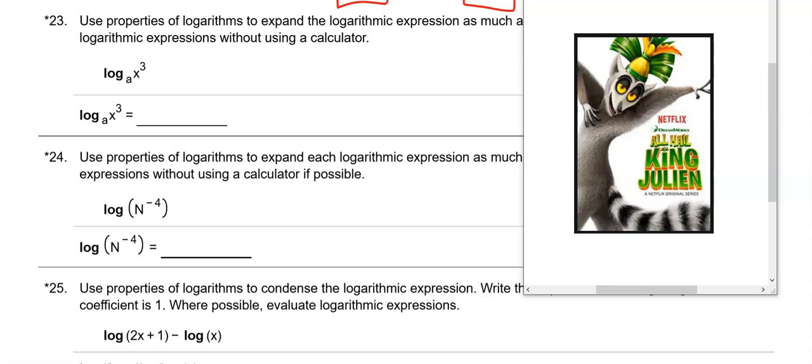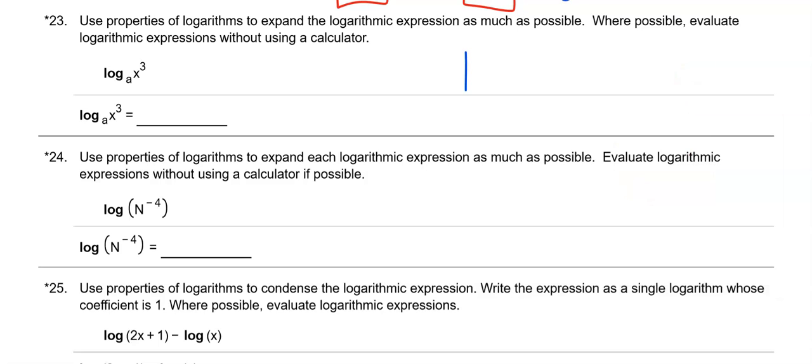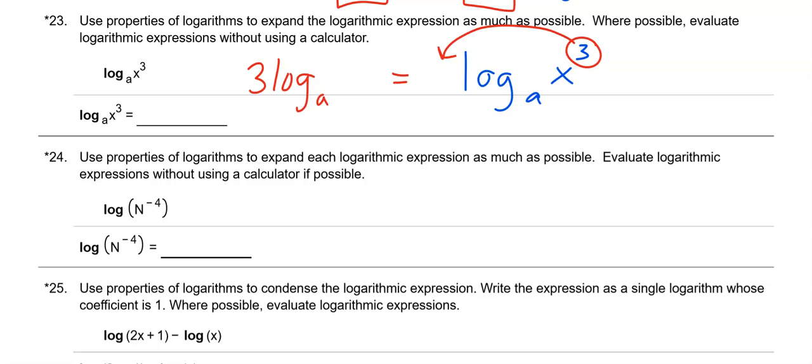And the property says that if you take the exponent, you are allowed to move it to the front and rewrite this as 3 log base a of x. Now, the song that he sang was,